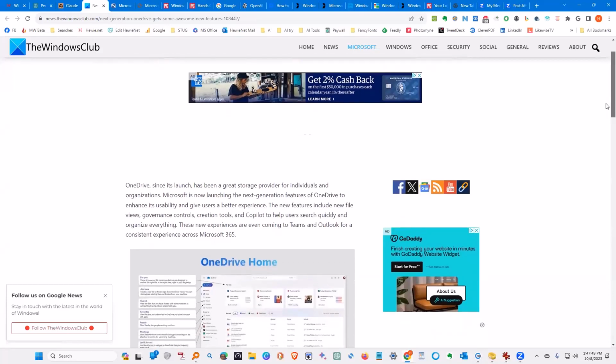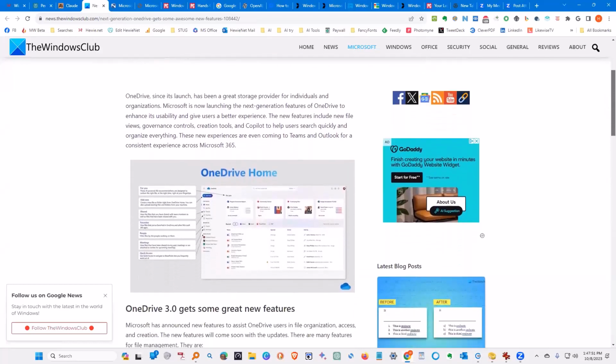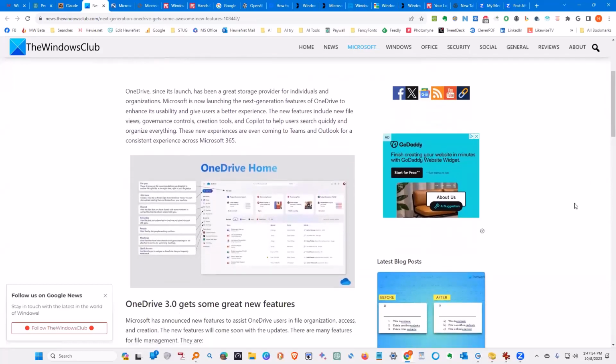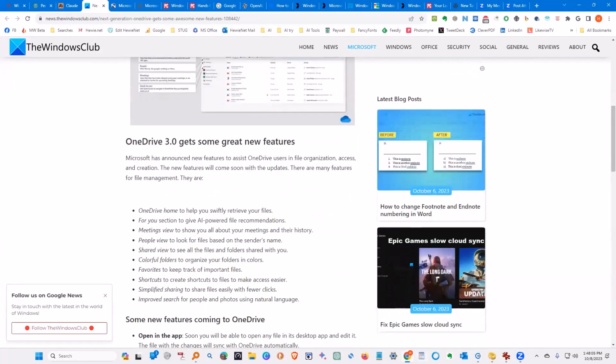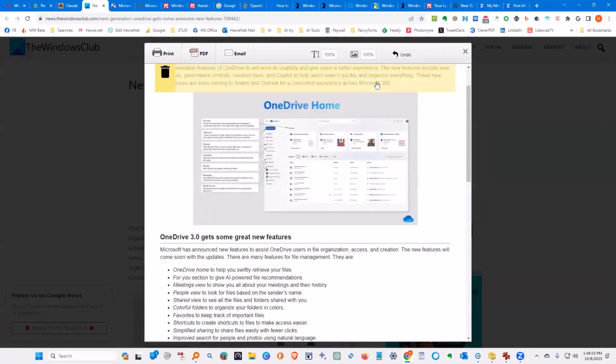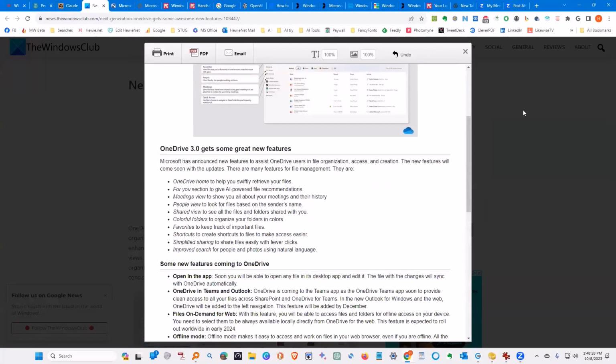Here's the same information with the OneDrive. You might want to click on that and take a closer look, and it's going to explain how it's going to look on your drive with the updated OneDrive that's coming. It's not here yet, but here are the new features. OneDrive Home to help you swiftly retrieve your files. For You section to give AI-powered, let's see, I want to go ahead and make that bigger for you. Doesn't seem to be that much bigger, but